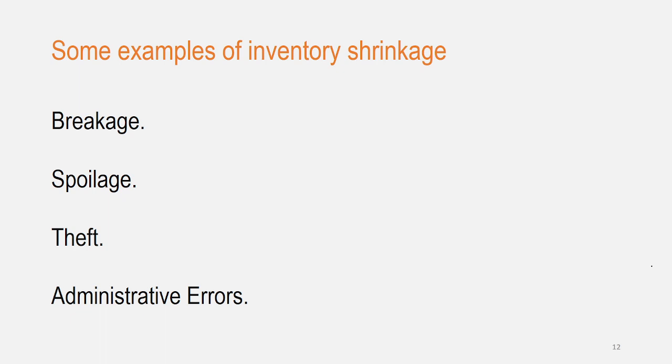Okay, in the next topic, we want to discuss together some important and famous examples of inventory shrinkage. These famous examples include breakage, spoilage, theft, and administrative error. Let's start with the first one, breakage. Breakage refers to items that are damaged during handling, storage, or transportation. For example, imagine you own a tourism equipment store, and during the process of moving camping gear from the warehouse to the storefront, a few tents get torn or poles get bent, and these damaged items are considered inventory shrinkage due to breakage.